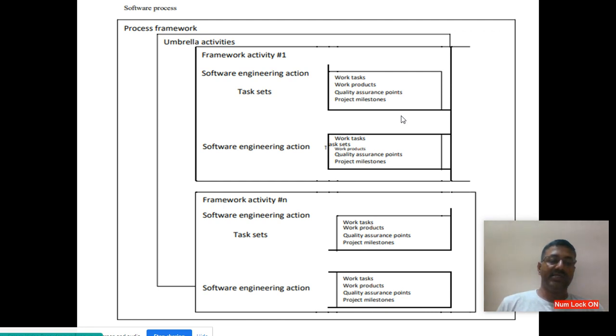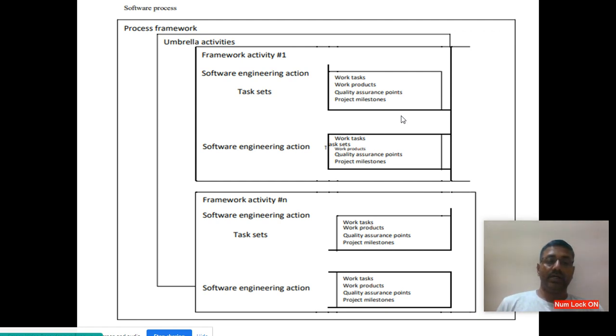Then umbrella activities: a big task is divided into small tasks, and each task is called an activity. Here we can see framework activity 1, framework activity 2, up to framework activity n. For example, if we have 10 activities, we can just number them 1 to 10.